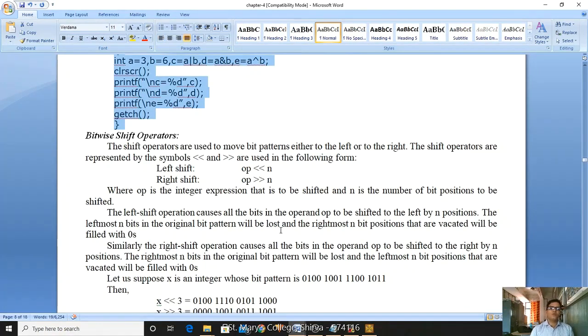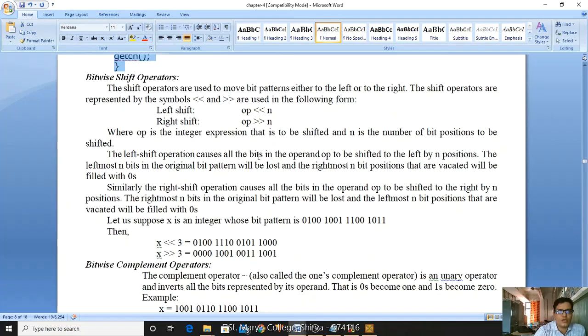Now we are moving to the other operator of bitwise, the bitwise shift operator: left shift and right shift. By using this shift operator, you are making the bits move from left to right and from right to left.